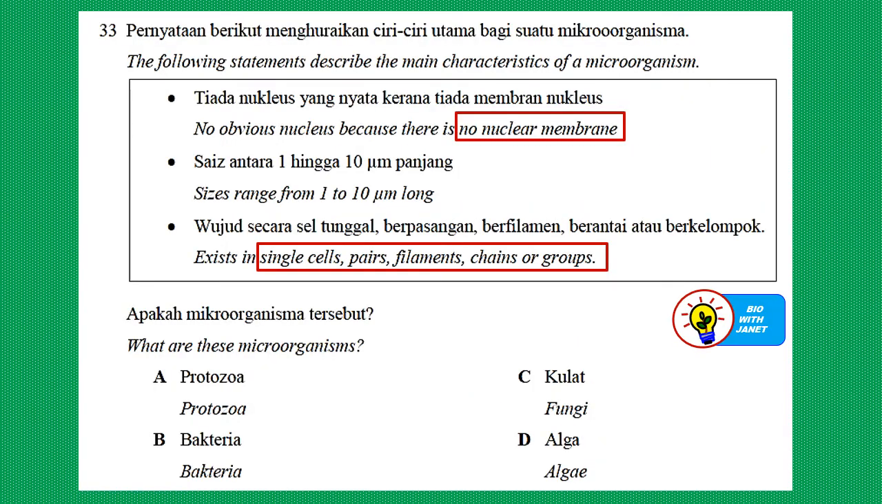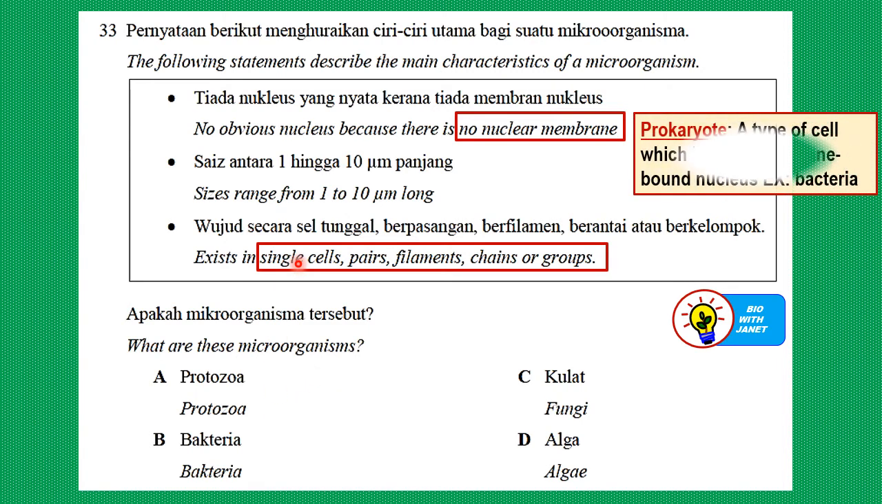Question 33. The following statements describe the main characteristics of a microorganism. No obvious nucleus because there is no nuclear membrane. So highlight this. No nuclear membrane. Sizes range from 1 to 10 micrometers long, and it exists as single cells, or pairs of filaments, chains, or groups. So this is another hint or a clue for us to know what type of microorganism it is. Okay, so what are these microorganisms? Are they protozoa, or bacteria, or fungi, or algae? What is your answer? Yes, the fact that it has no nuclear membrane tells us that it is